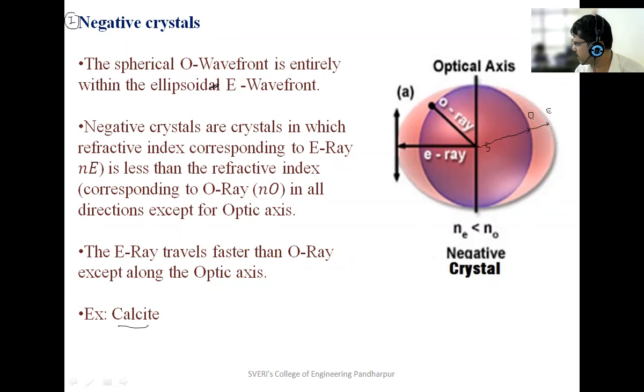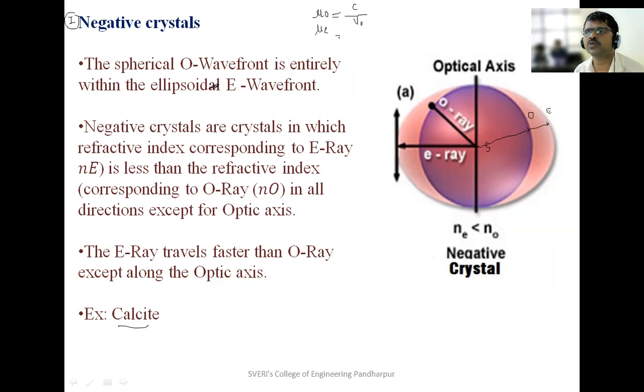This is the first point in negative crystals. Second point, in terms of refractive index: the refractive index of the ordinary ray is mu0, and the refractive index of the extraordinary ray is mu e. Here we use the notations ne and n0. Okay. Here mu0 is c upon v0,